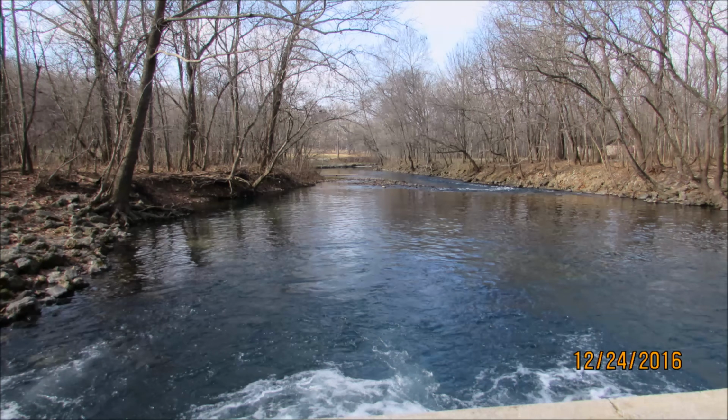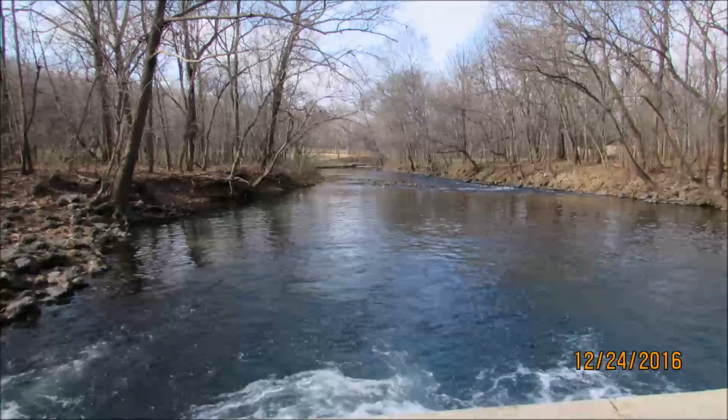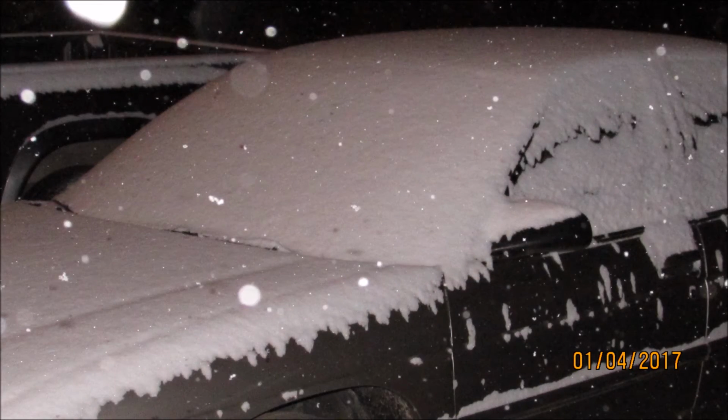I recommend to a lot of people that they just buy marabou jigs, especially fishing here at Bennett Springs, where you see there. My boys and I, we fish with jigs of all sorts in the wintertime, and we catch smallmouth galore. I've caught a brown trout on a jig. I've caught a rainbow trout on a jig. I've caught,